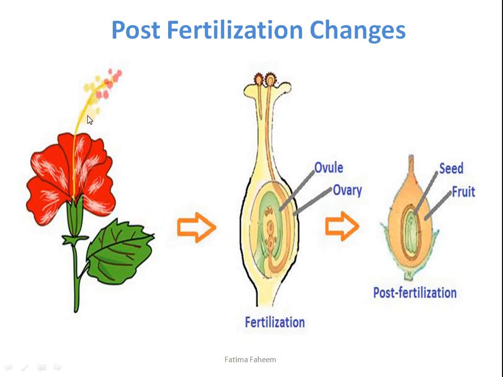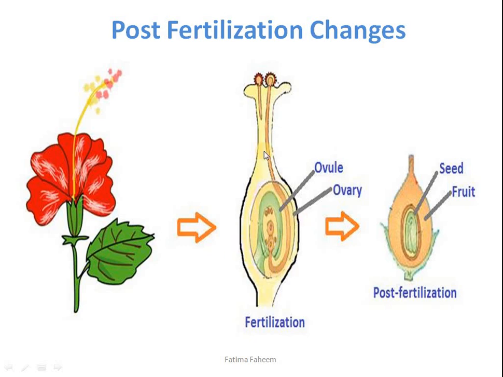If you can see here, the first process was pollination, where we read about cross and self-pollination. We also saw insect and wind pollination. We saw the characters of wind pollinated and insect pollinated flowers, and we also saw the features and characters which favor self-pollination and cross-pollination. Once the pollination is done, the pollen has landed on the stigma. The process of fertilization will start to take place, first being the landing of the pollen onto the stigma, and then the generation of the pollen tube going into the ovary, into the ovule, where the female gametes are lying.